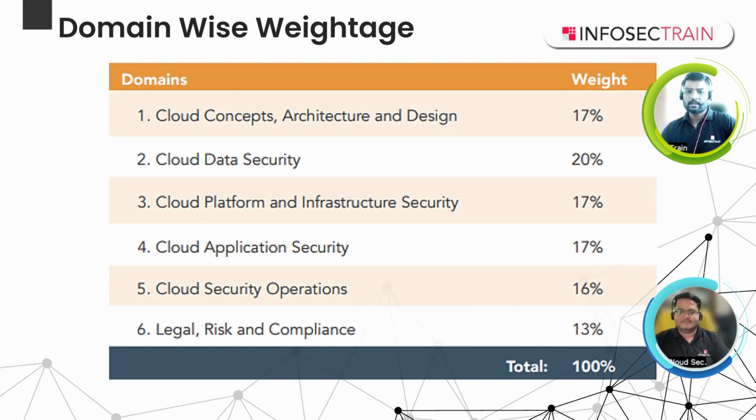As I can see, cloud data security currently covers 20% of the exam. Previously it was 19 percent, and based on the new syllabus they made it 20%. Cloud data security is a very important domain of CCSP after Domains 1 and 3, because by the end of the day every customer is concerned about how to manage data in the cloud. I'm sure they have given more attention to Domain 2 when building the course content and exam outline.